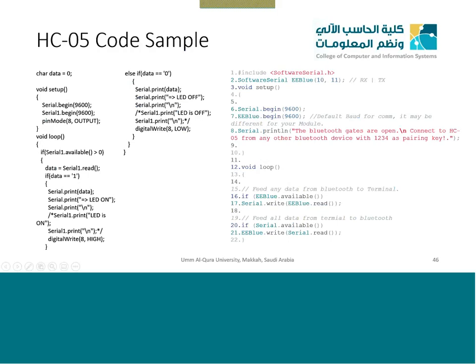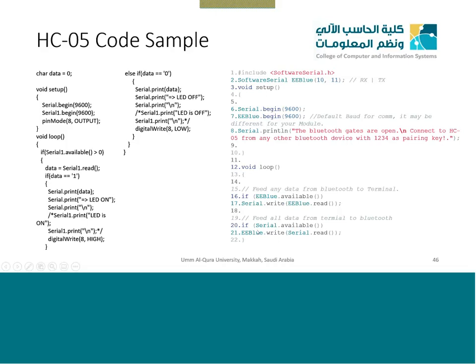By the way, this code or that code, if you study embedded systems, you will only take 1 week to understand how to program Arduino or how to write the code, what a baud rate is, and all these things. So very, very simple stuff if you know programming, of course. And then we say if eBlue is available, which we defined at pin numbers 10 and 11 of the Arduino, we can say, okay, now read the value. Whatever is read, we just send it to the serial, or whatever we receive on the serial port, we just send it to the output and stuff like that.